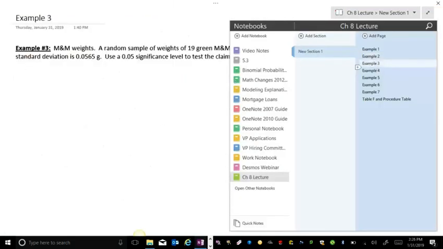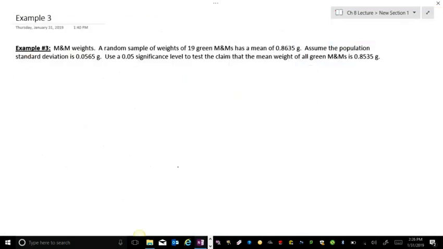Let's take a look at example number 3. So for example number 3, we're looking at M&M weights. We've got a sample of 19, so I can start to identify these pieces I need. So 19 green M&Ms has a mean of 0.8635. This is my sample, which means this is my sample mean. So X bar, or M, is